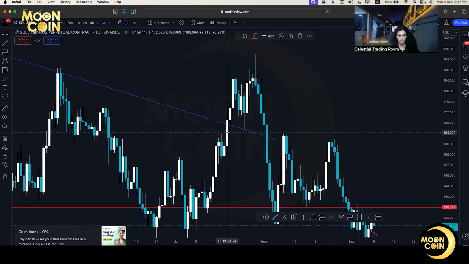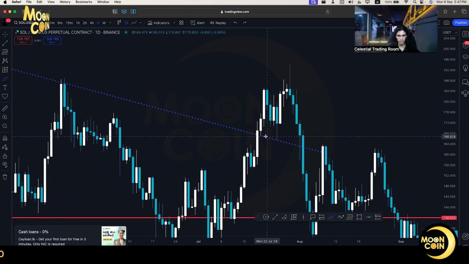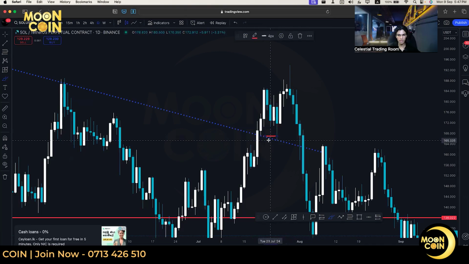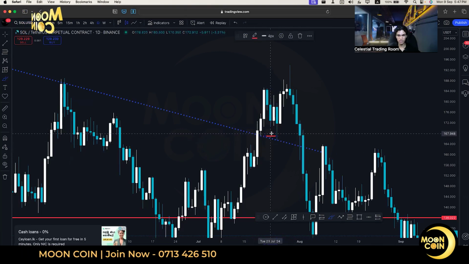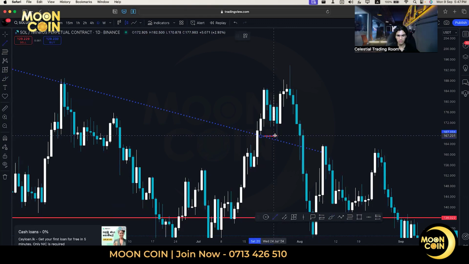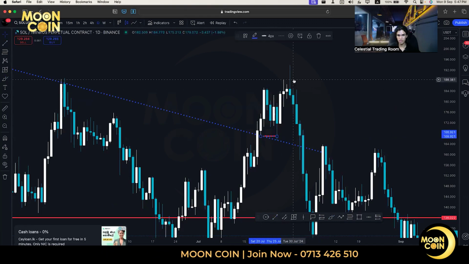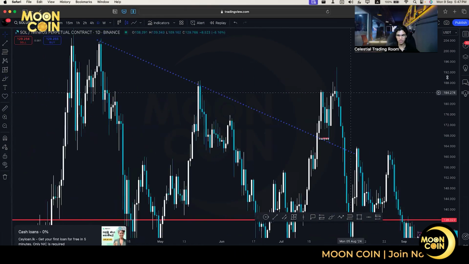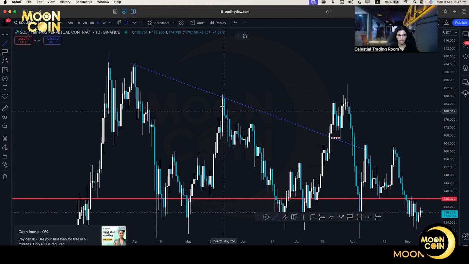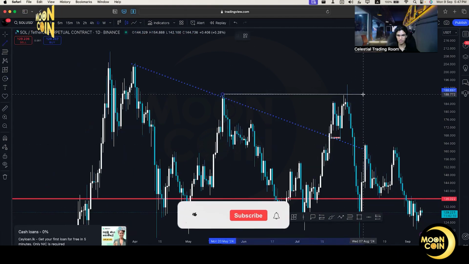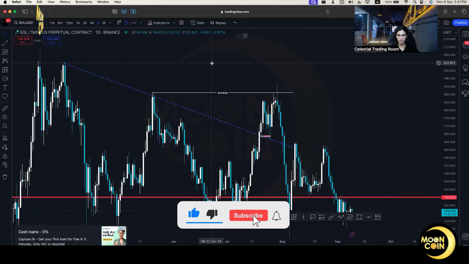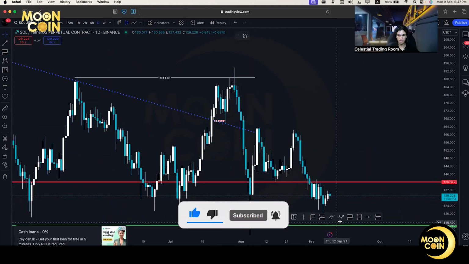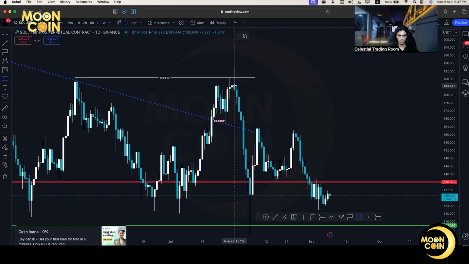Those who got entries here would have placed their stop loss here, right? The aggressive players are the ones who got trapped here, and all the liquidity was swept, and the market has given a nice move to the upside. After the move to the upside, we have a liquidity sweep again in this supply zone over here. You can see here, right? And this becomes our point of interest,